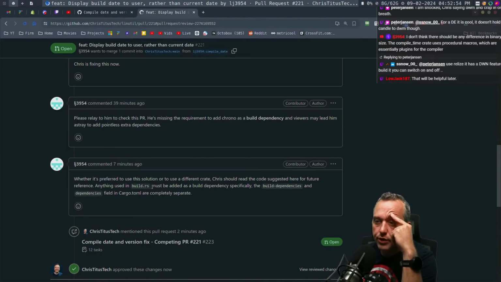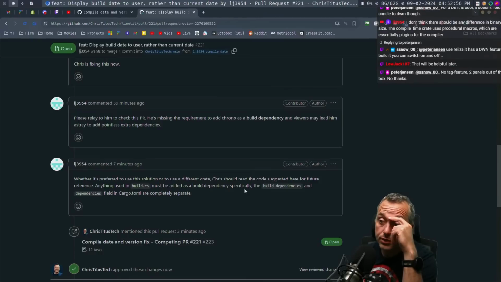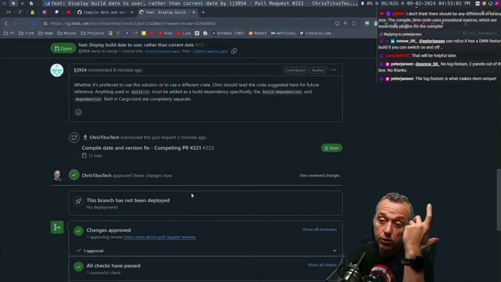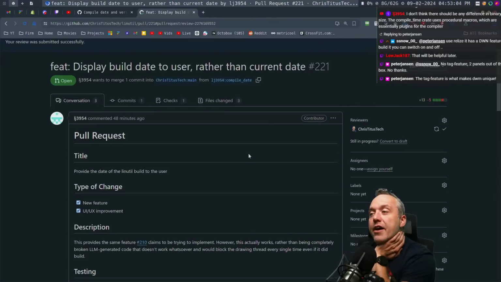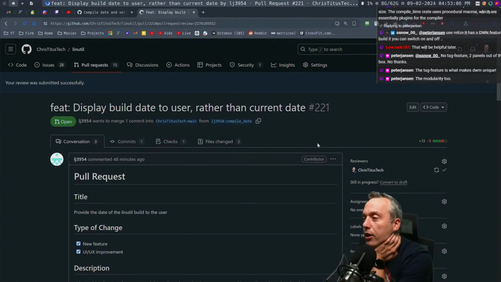Anything used in the build.rs must be added as a build dependency specifically, since the build dependencies and dependencies fields in the cargo file are completely separate. Yeah, I did not know that. Know it now. That is neat. I really love a lot of this. So technically both solutions I'm sure will work just fine, but in the end,